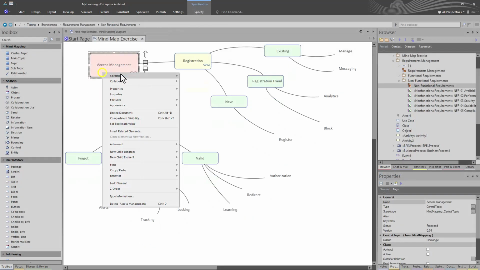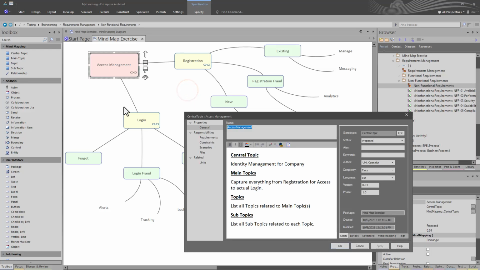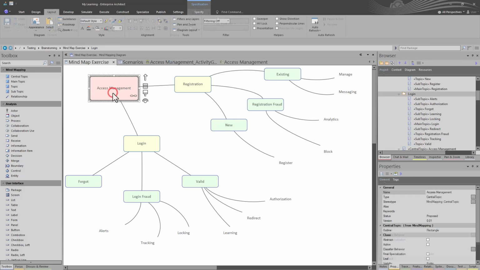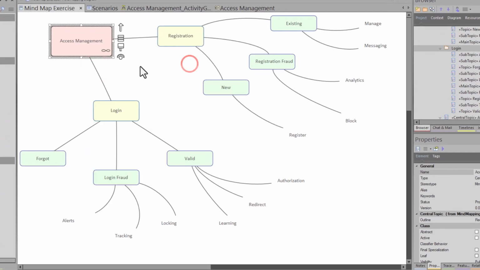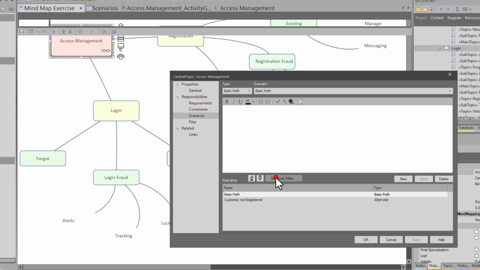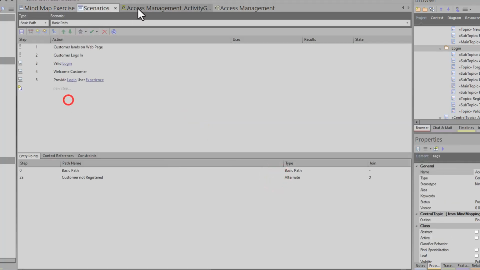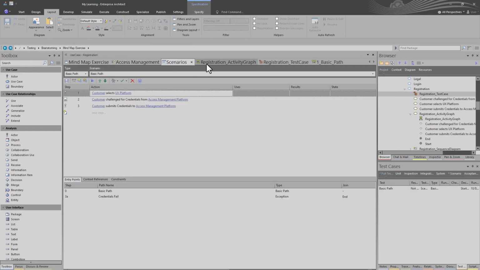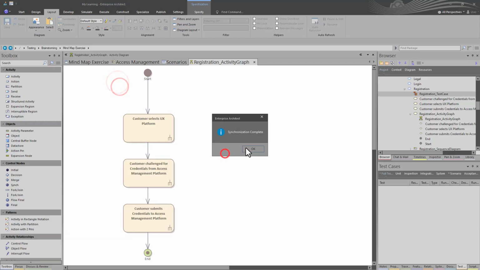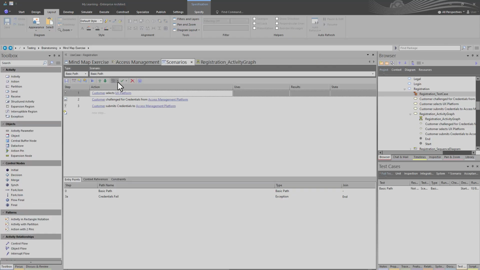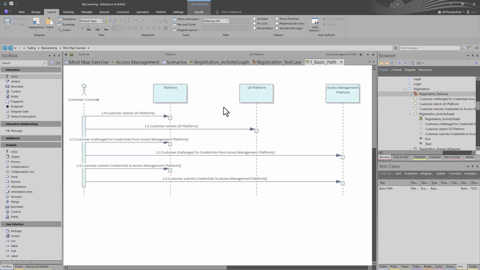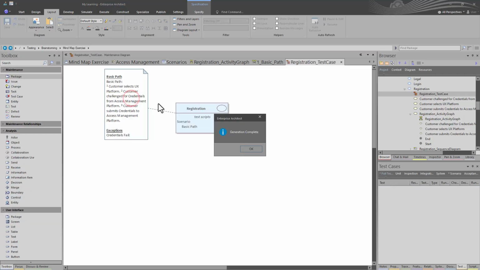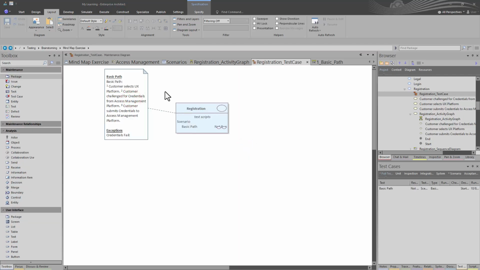Every mind map element, every element in Sparx for the most part, has the ability to build on scenarios. Build starting scenario or scenarios at the central topic first. From here, if needed, add scenarios to main topics and so on. Scenarios can be extended to create activity diagrams. They can create sequence diagrams, and they can create test cases to validate and test your scenarios and other objectives